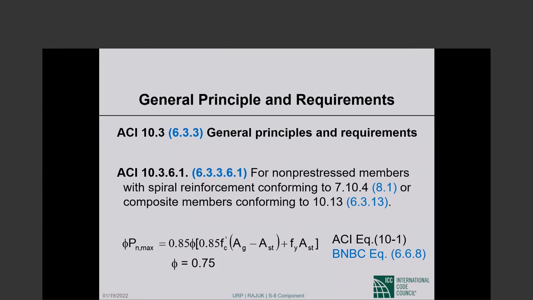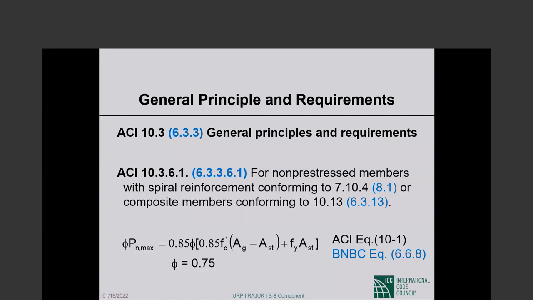Okay, under general principles and requirements, this is all ACI 318 and BNBC 2020, section numbers in blue, for non-pre-stressed members with spiral reinforcement. Spiral reinforcement has to conform to section such and such, or composite members conforming to section such and such. So this is a very basic equation that gives you the maximum axial load that you can carry on a column. Okay? The phi factor